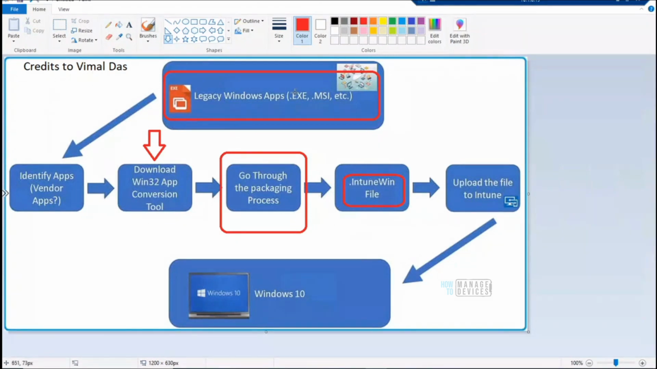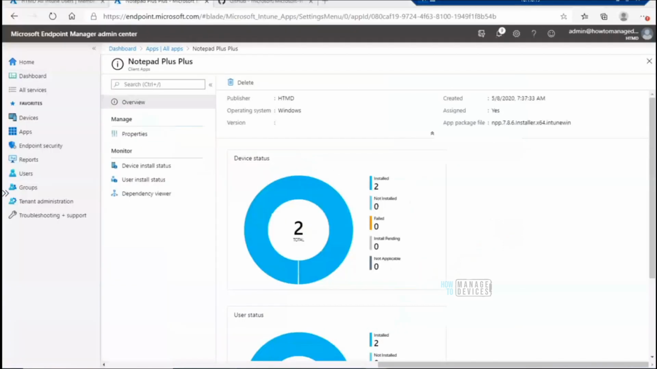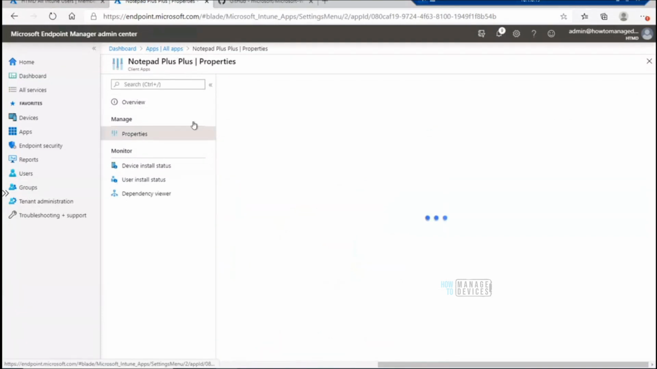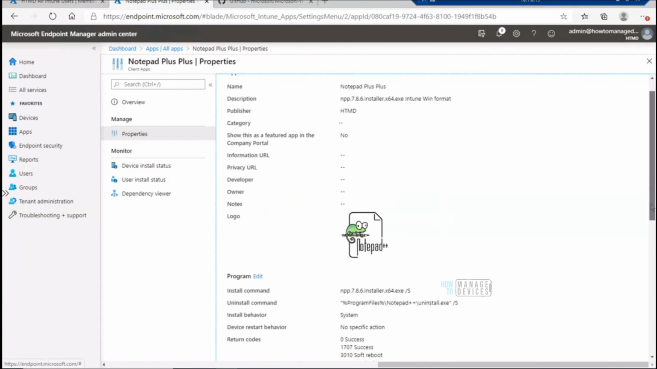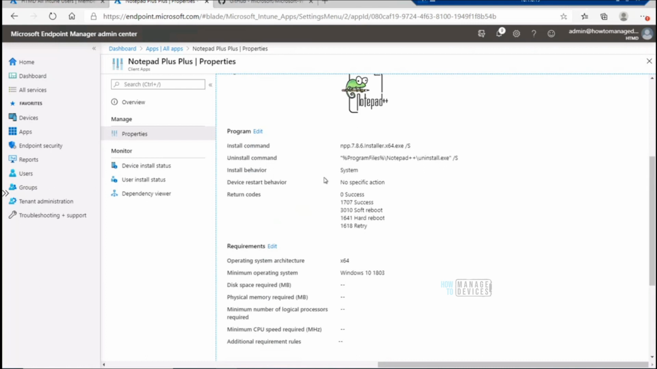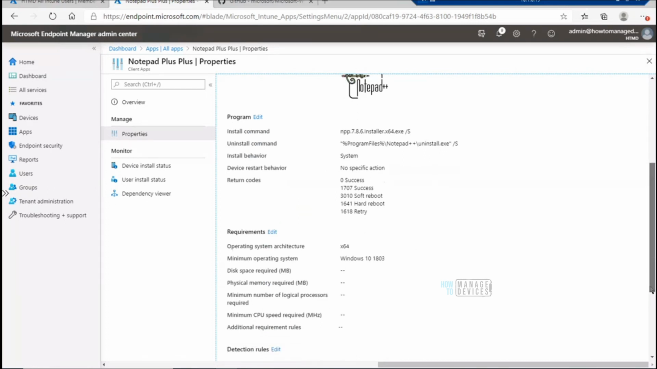So what is the process? This was explained on Friday, so I'm not going to go back on that point, but I just wanted to show you what happened with the deployment we did on Friday. We created a Notepad plus plus application and filled in all these parts on Friday's episode: the install command, the requirements,